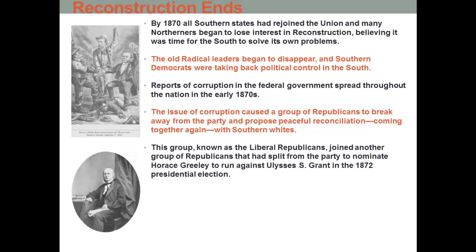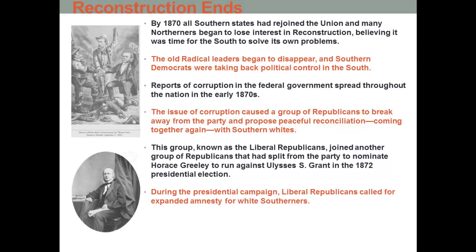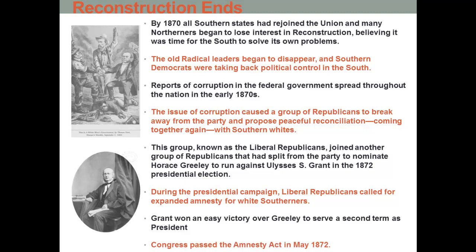This group was known as the Liberal Republicans, as they joined another group of Republicans that had split from the party to nominate Horace Greeley to run against Ulysses S. Grant in the 1872 presidential election. During the presidential campaign, Liberal Republicans called for an expanded amnesty, or pardon, for white Southerners. Grant won an easy victory over Greeley to serve a second term as president, and Congress passed the Amnesty Act